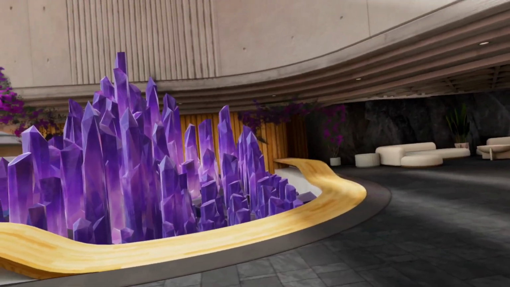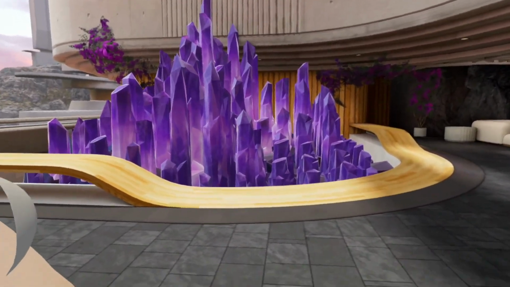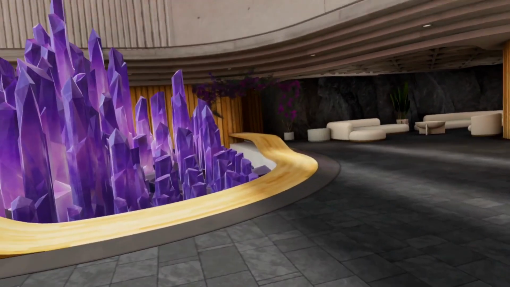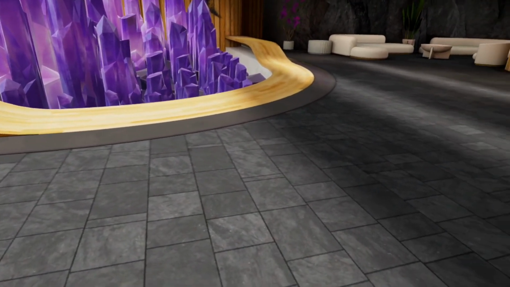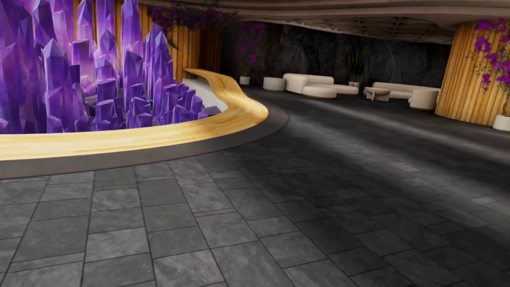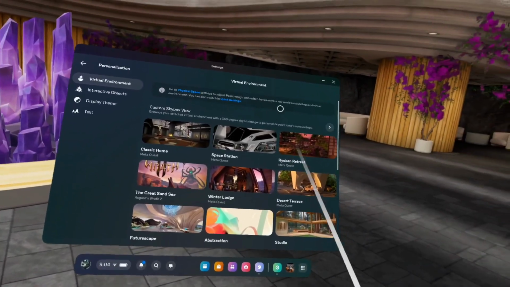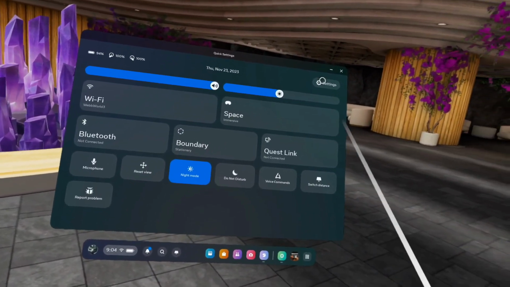You're going to shift it around to where you have a clear area in your room. You get to take off your headset, look around. You may have a room or a hallway or something that you can move. So what we're going to do is turn off the Guardian system. And to get to that, you'll need to go to the developer options. And the developer options are in settings,